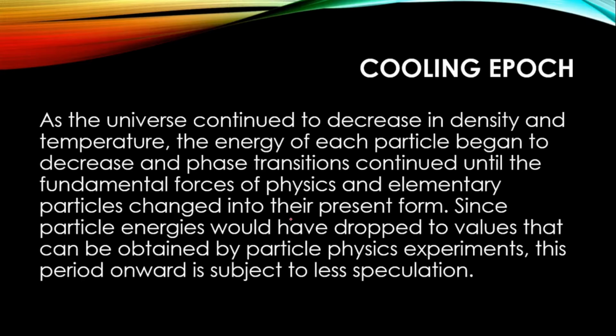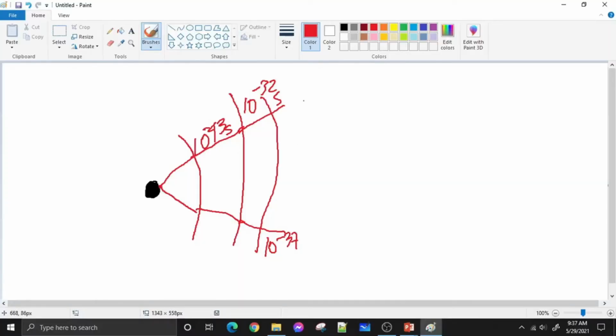And as the universe continued to decrease in density and temperature, the energy of each particle began to decrease, and phase transitions continued until the fundamental forces of physics and elementary particles changed into their present form. Since particle energies would have dropped to values that can be obtained by particle physics experiments, this period onward is subject to less speculation. So here the next phase is